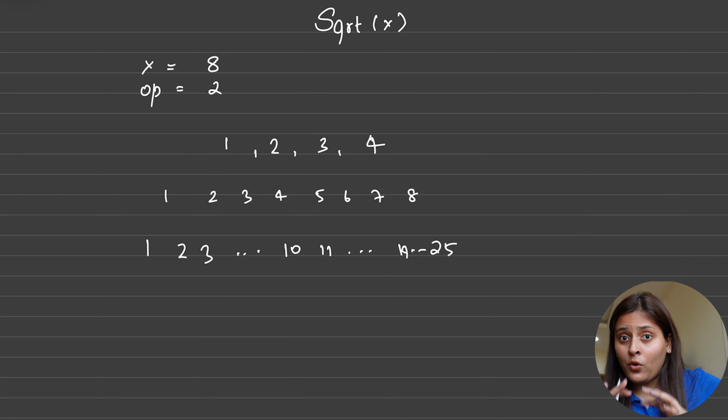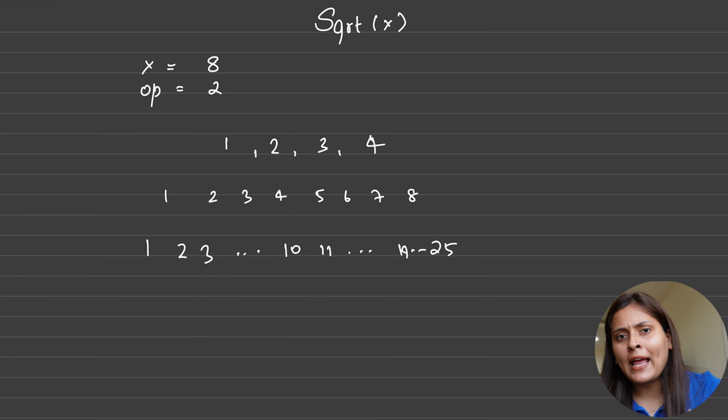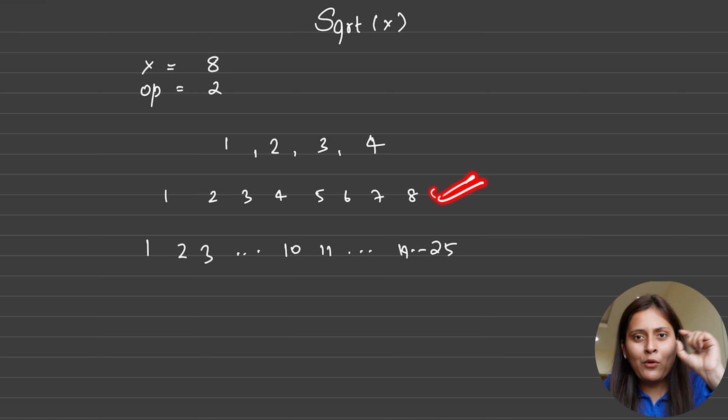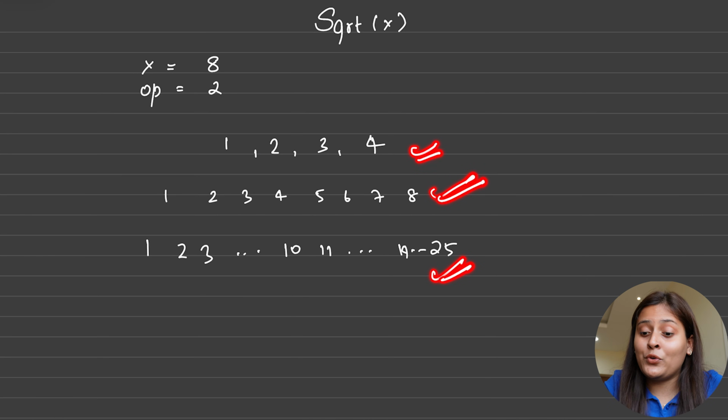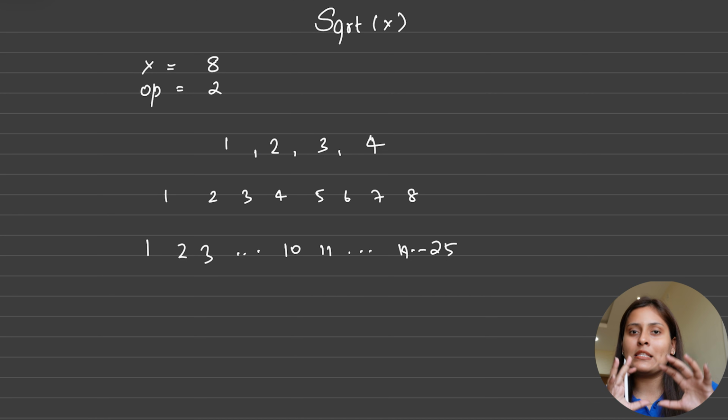Why am I giving you all these examples? Because if you look closely, the square root will definitely be less than n by 2. But why only n by 2? Why not n by 3? That is why I have taken this example, because if n is 4 and you take n by 3, it fails here. You found the square root less than n by 3 in the earlier cases, but not here. If you calculate n by 3 for 4, you will get 1. So on the safer side, n by 2 is the last element you can take for any integer value, when going from the smaller to the larger one.